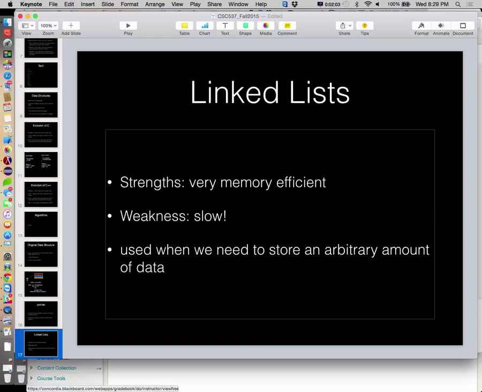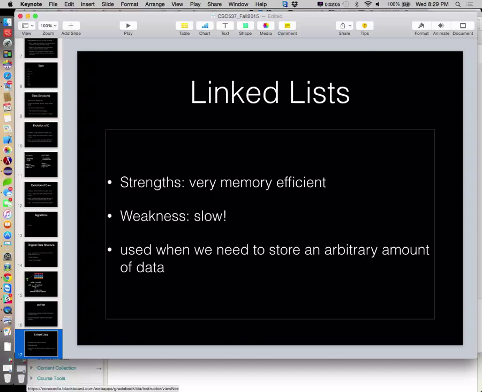When it's an elastic situation, when the amount of data can change, a linked list typically makes a lot more sense than an array, unless performance trumps memory efficiency. Anytime you need something to be really fast and you don't care so much about memory efficiency, arrays are probably going to win.